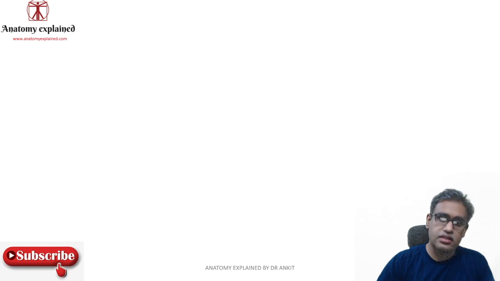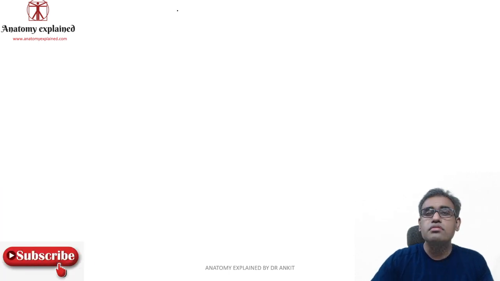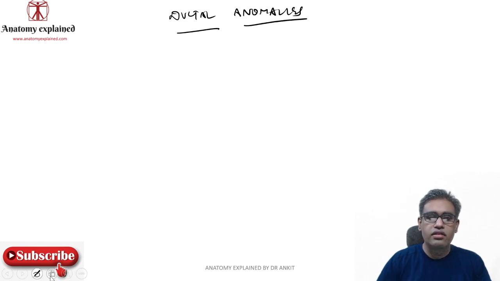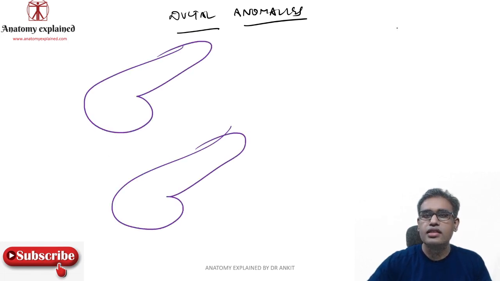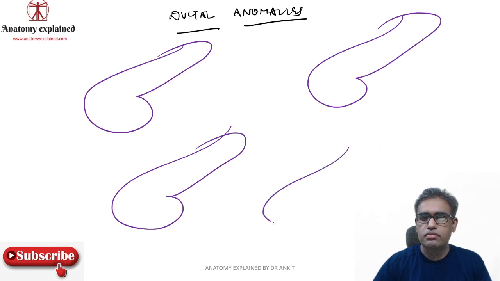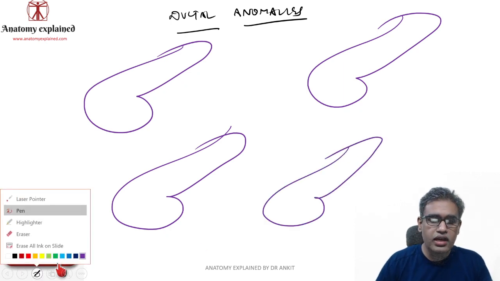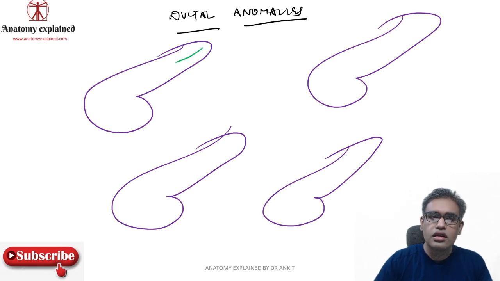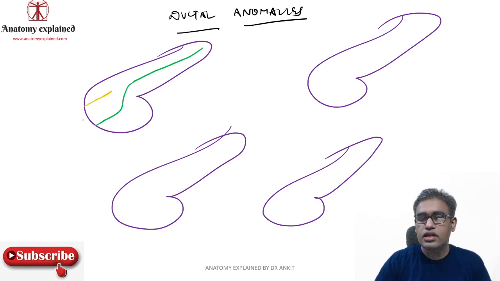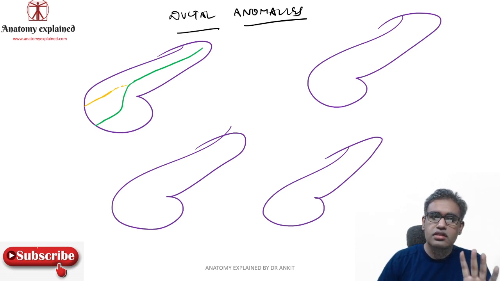Now here come the ductal anomalies. The anomalies of the duct are also quite common. Try to see it and correlate it with what sense it makes. Let us try to draw a few pancreases over here, a 12 to 15 centimeter structure. Let us draw the ducts like this, a normal main pancreatic duct going like this. This is the main pancreatic duct, and here you have the minor pancreatic duct or duct of Santorini, and they communicate with each other. This is the normal thing.